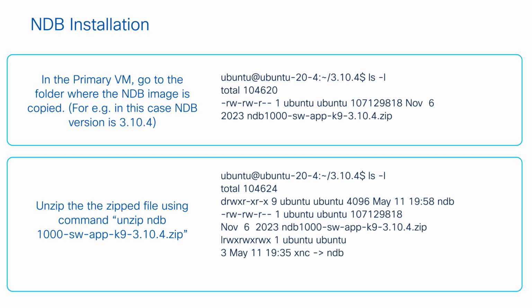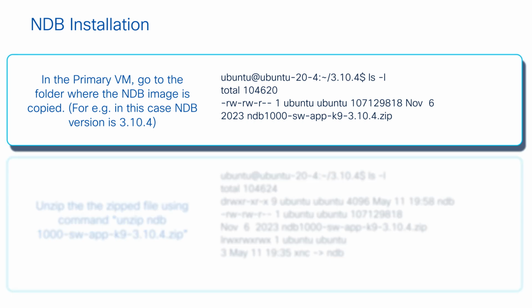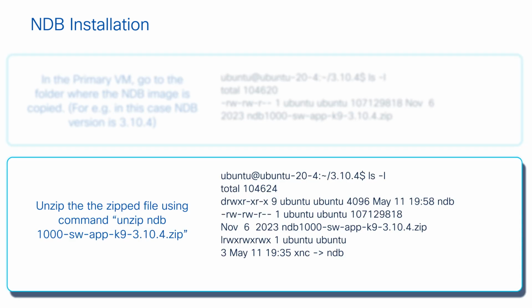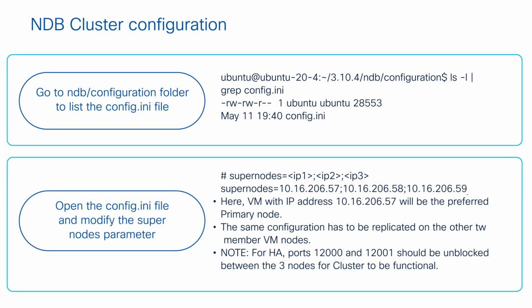To begin with, first we start the NDB installation on the primary server. Go to the NDB primary server, copy the software, and probably do the MD5 checksum to ensure the software is properly installed. The software comes with a shell script, and this comes as a zip file. Use the unzip utility on the Linux machine and unzip the software. Later, to begin the process of building the cluster, there is a config.ini parameter in the NDB configuration directory,